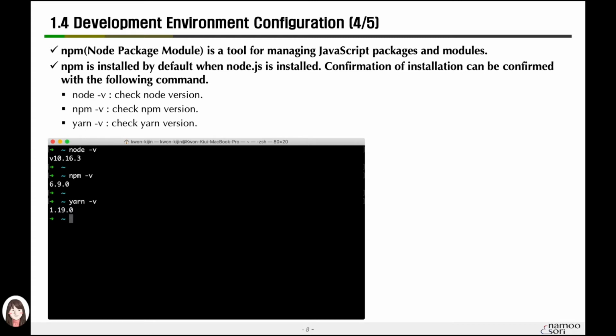It would be a little more convenient to understand that it is an upgraded version of npm, but a tool called Yarn is also a tool to manage packages and modules. I will install various tools based on this Yarn later and run applications based on it. Therefore, you should be able to install Yarn. We will explain the installation of Yarn again after a while as we actually install it.